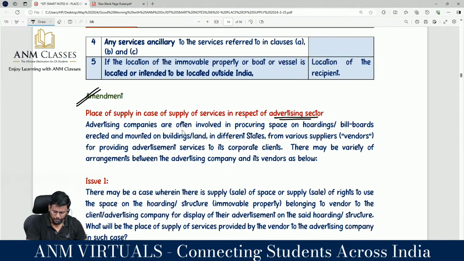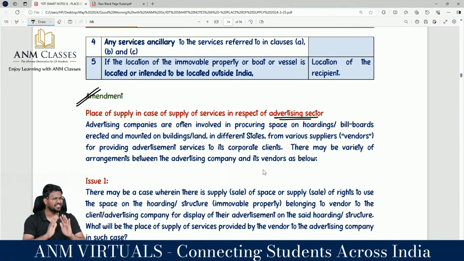Advertising companies are often involved in procuring space on hoardings and billboards erected and mounted on buildings or land in different states from various suppliers and vendors for providing advertising service to their end clients, corporate clients. For example, sir, if you see KPMG, it is one of the biggest buildings. Yes, sir. On the top of KPMG, we are going to keep ANM Classes, the ultimate